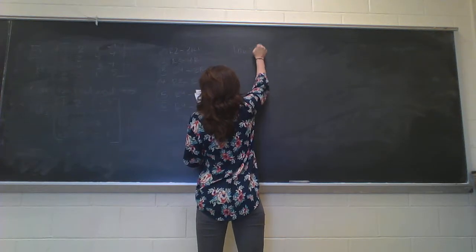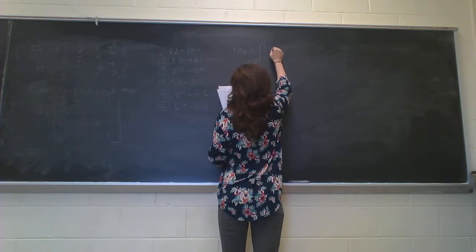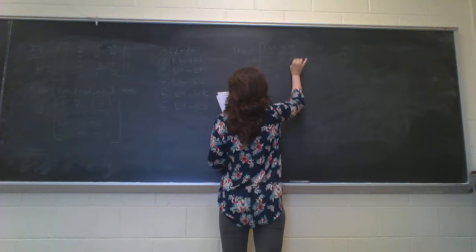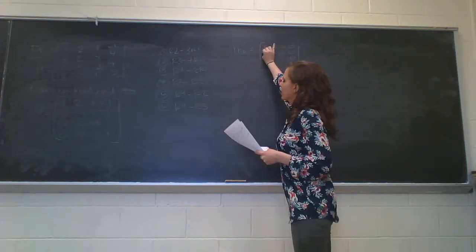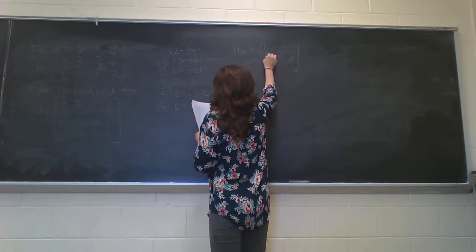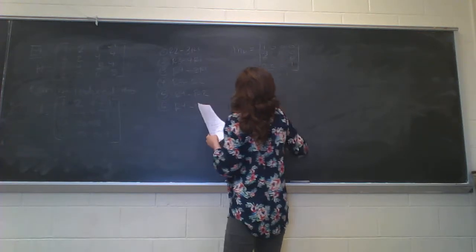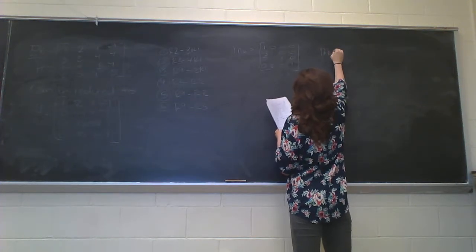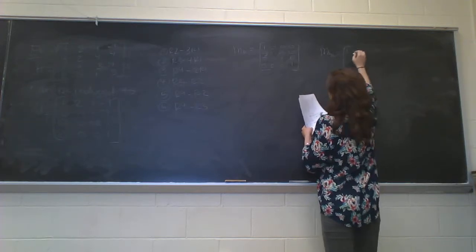So M21 is going to have the multiplier in the place right here, and it is -3. And 3-1, the next one,